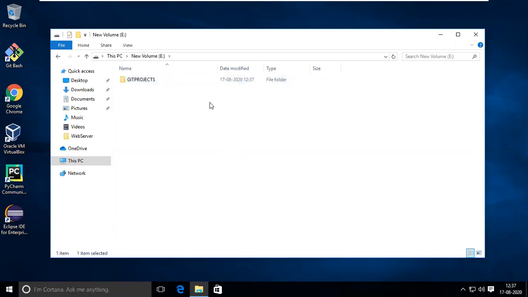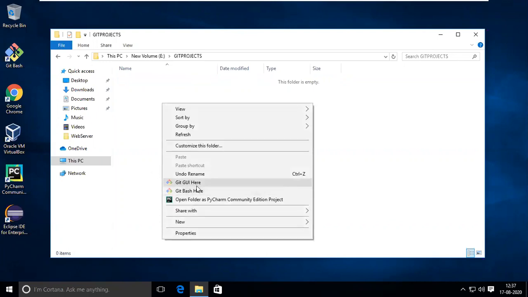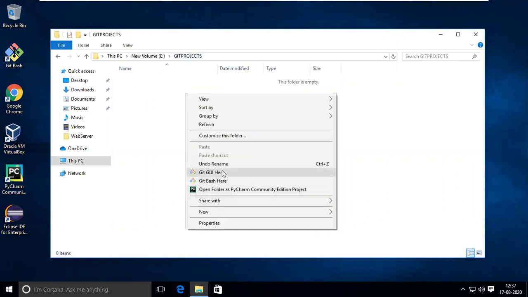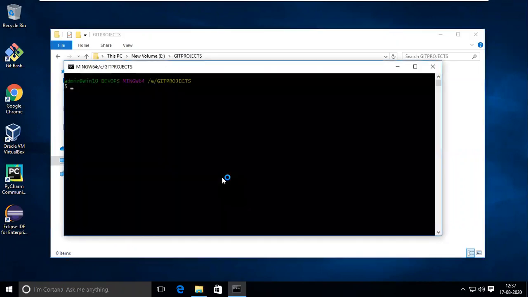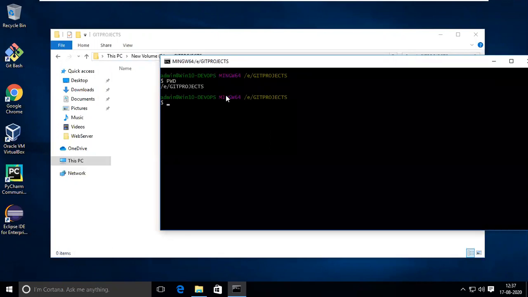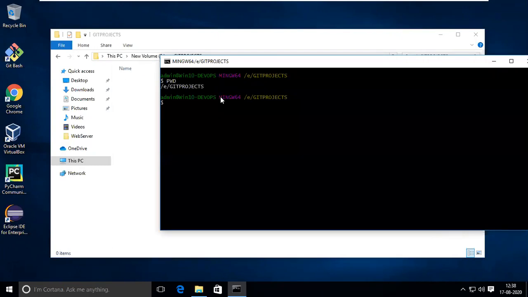I want to put the projects into this folder only, so it won't get disturbed. If I click inside this folder and go to Git Bash or Git GUI, automatically the folder is changed to this one. So you can see pwd, like this. Mostly you should remember all your Linux commands, then only can we work with it.